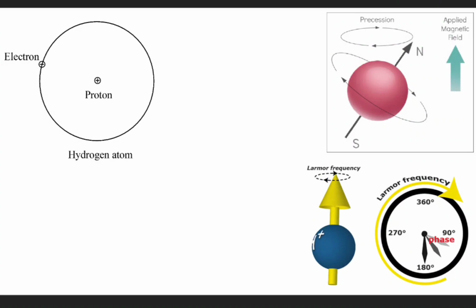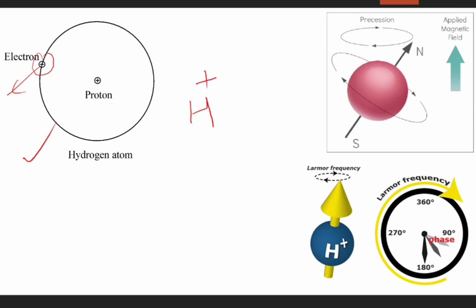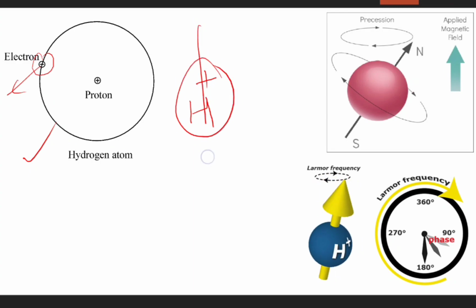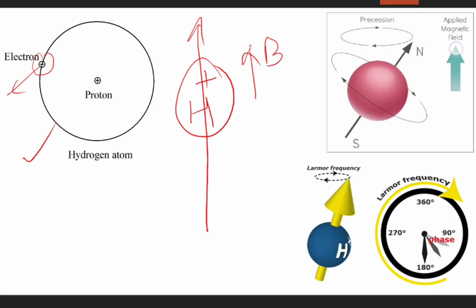Okay, so now we will go a little into hydrogen physics. This is your hydrogen atom. As you can see in this diagram, if you remove this electron, only that hydrogen atom will behave as a proton. So if you keep this proton in a magnetic field B, you can see in this diagram